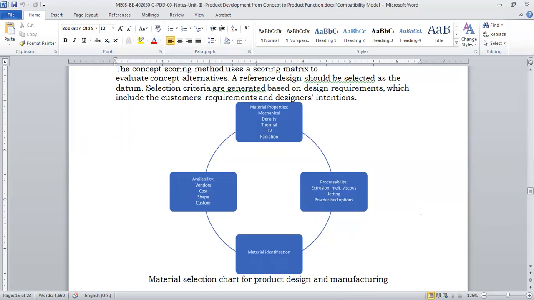Then availability: say if you want uranium, it is not easily available, but if you want steel, it is easily available. So depending on the material, how many vendors there are, what the cost is, what shape you are expecting, whether it is out of the ordinary, the customs, taxes and all that. So all these things go into material selection. This is the material selection chart for selecting material for your product.